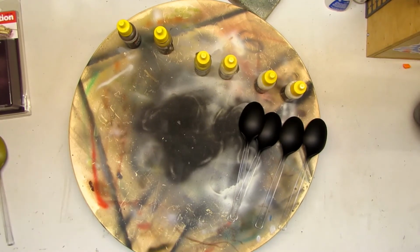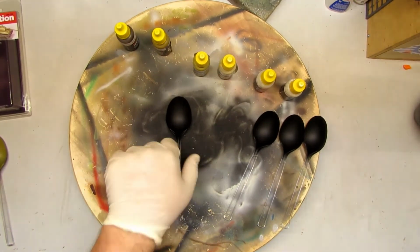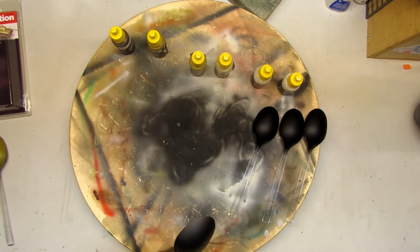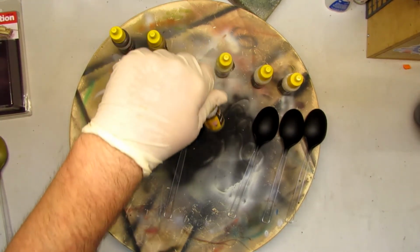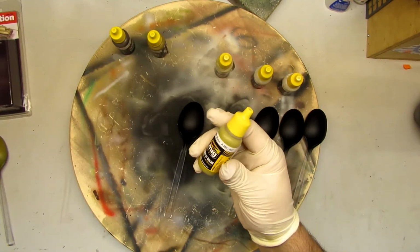So now let's go to the other, okay? This, let me give a little blow of air, and okay, it's time to shake it. So it's going to be the Dunkelgelb base. Then